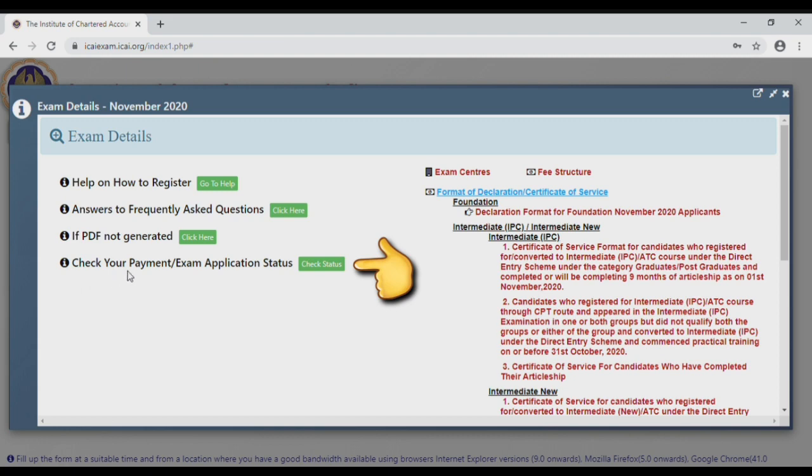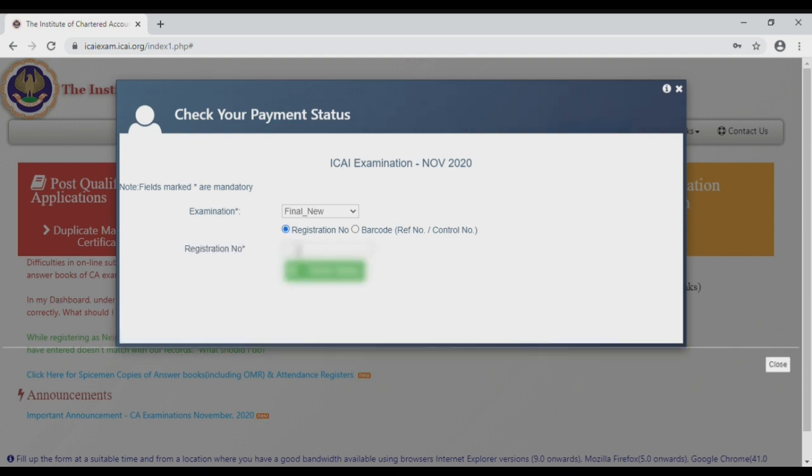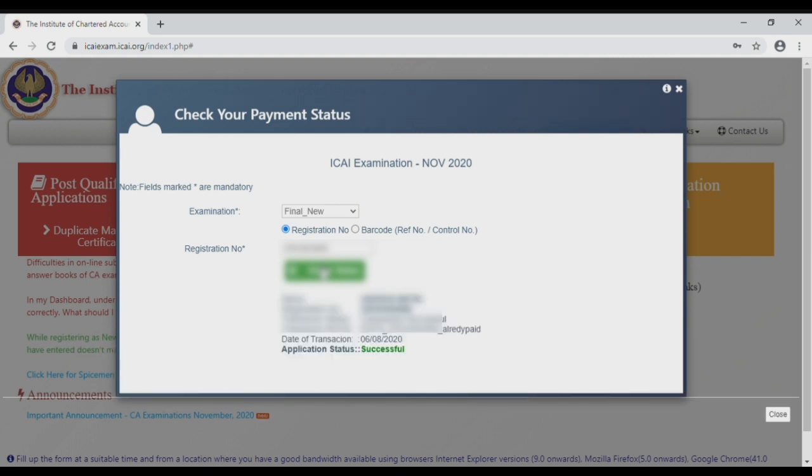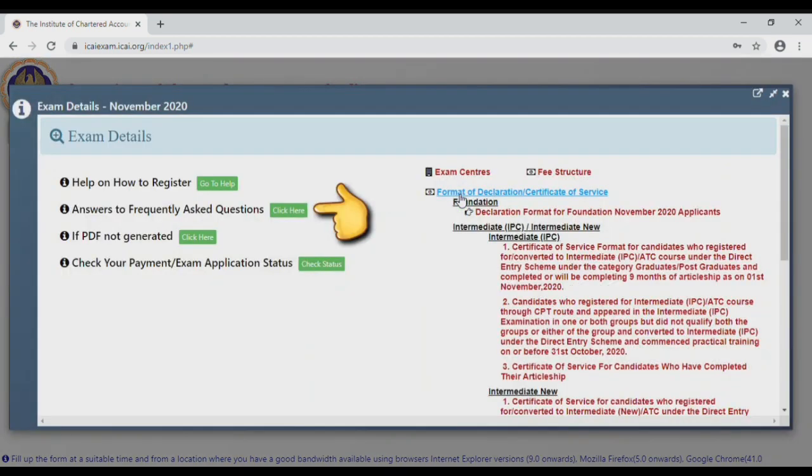Here you have to select check your payment or exam application status. Enter the examination registration number or the barcode. Then check status. So you can see the transaction status is successful. Date of application is showing up, and transaction reference number is given, it is already paid. So application status successful. So no fees need to be paid if you have already registered yourself for the May 20 examinations. You can also read the FAQs from here,